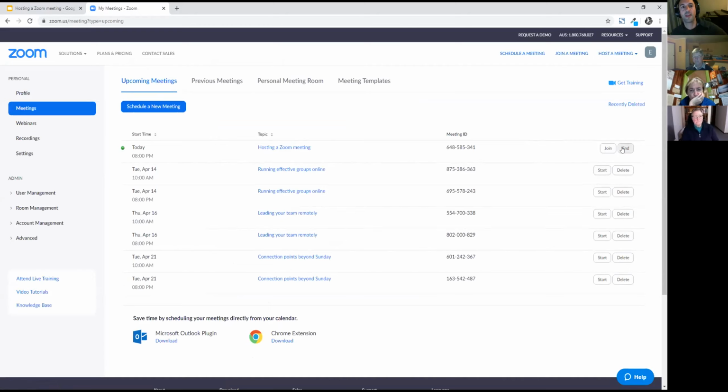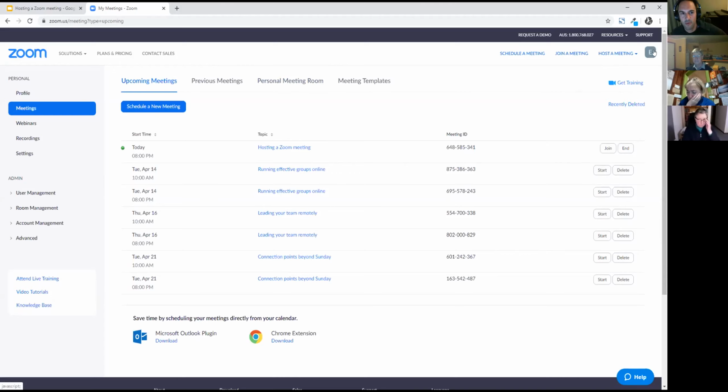You can also edit a meeting, which I can't seem to do right now, but there's edit, and then you can just go in and change the settings as well. Now, the other thing that I really should show you at this point is, in there were all the meeting settings.